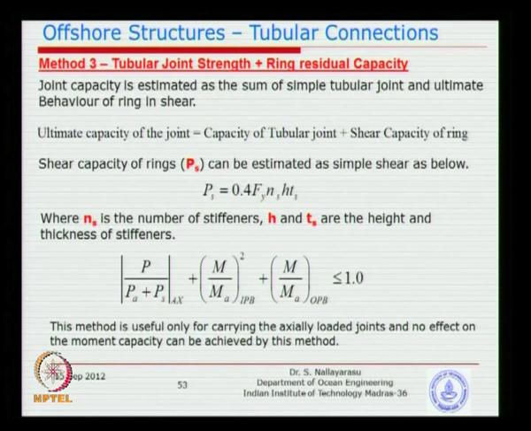This seems to be a very simple method, because you do not need to do anything, straight away use the API equations and then add the capacity of the shear of these stiffeners, and many times people use this method because it is quite simple, very easy to calculate. Unfortunately, the stiffener does not provide any enhancement on the moment capacity. So that is one of the weaknesses here, though it may provide, because if you go back to this sketch,